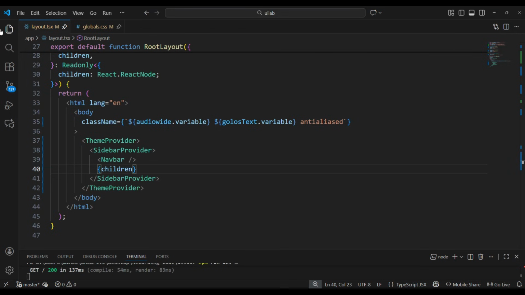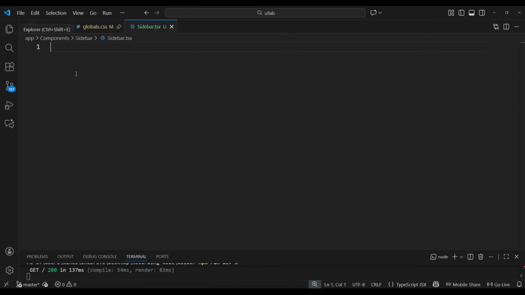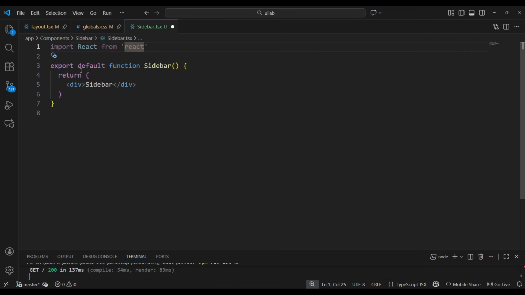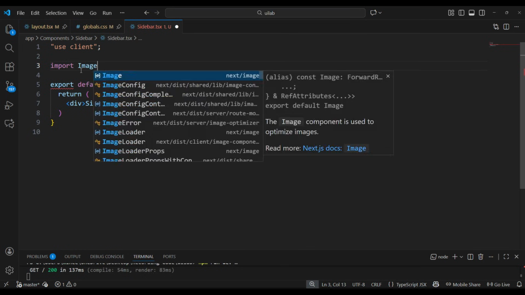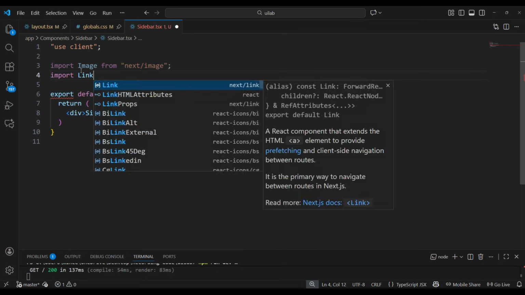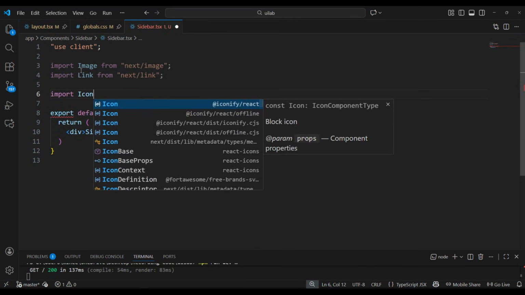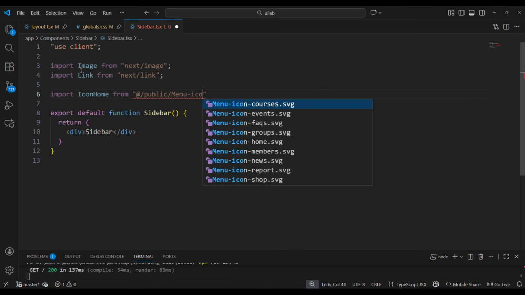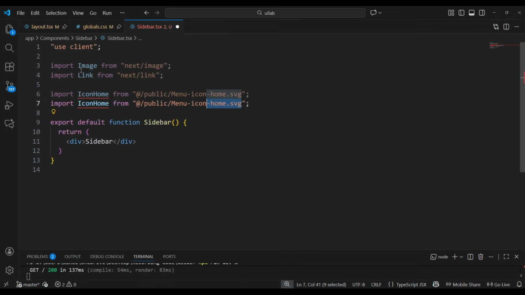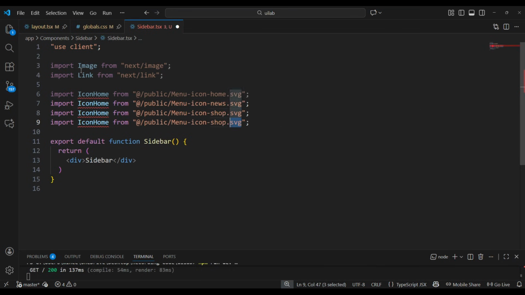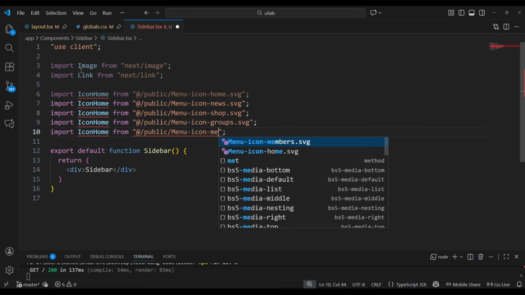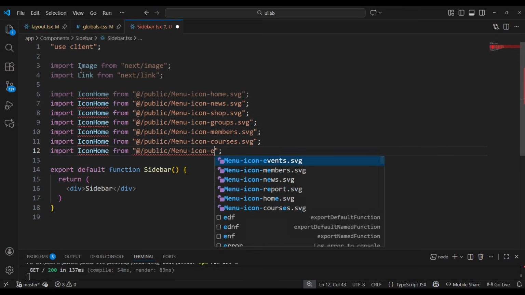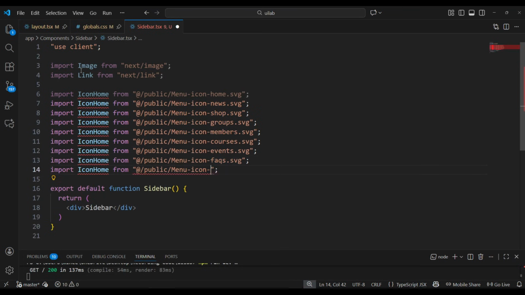Now let's create the sidebar. For sidebar we have to move to the sidebar folder, and in sidebar.tsx we have to create our function component. Now first of all we create the use client directive for client side rendering, and then we require to import image and link for our component. Now we need to import all the icon images for the sidebar navigation. So first of all I'm importing icon home from the public folder, and then all the other image icons from the folder. So here you can see that I am copying all this, and after the copying